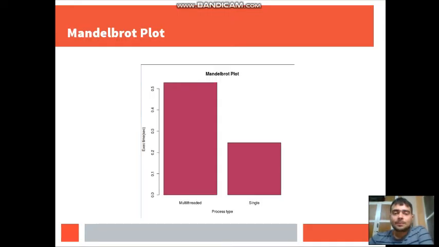multi-threaded system. Now in the case of the Mandelbrot plot, we saw the multi-threaded system required more time than a single-threaded system. Why is this the case? Because when the Mandelbrot plot has to populate each and every pixel, it also has to calculate the pixels around it. That means that until the pixels around it are calculated, it cannot calculate that pixel. That means a lot of the time the processor has to wait for the result from another core. That means that if this were on a single machine, it would have performed much better than a multi-threaded